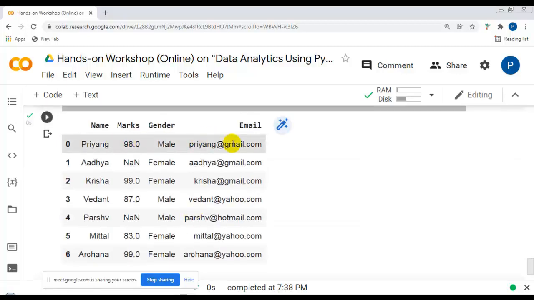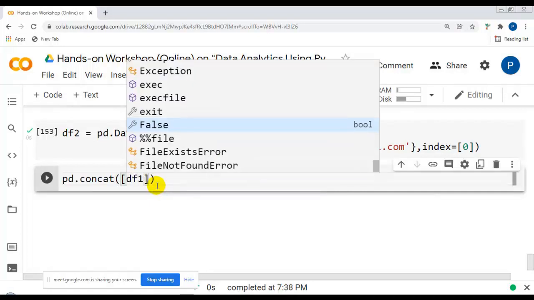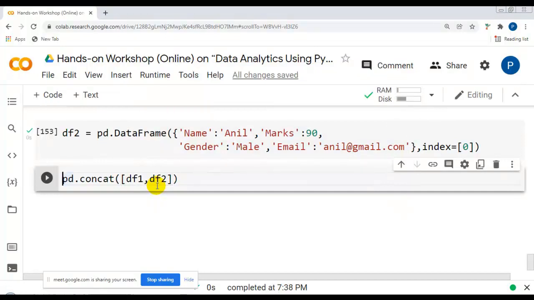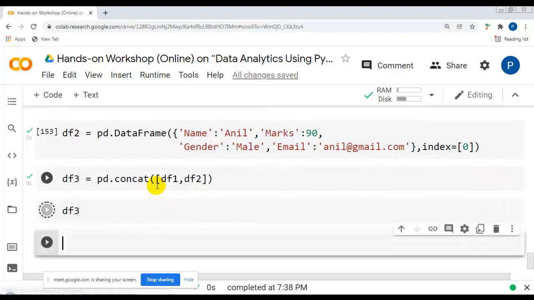Let me write pd.concat, and let me pass df1 and df2, and I want to store it in df3. Let me execute this cell. Okay, df3 now.